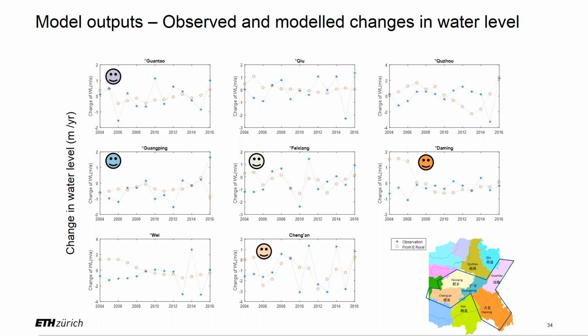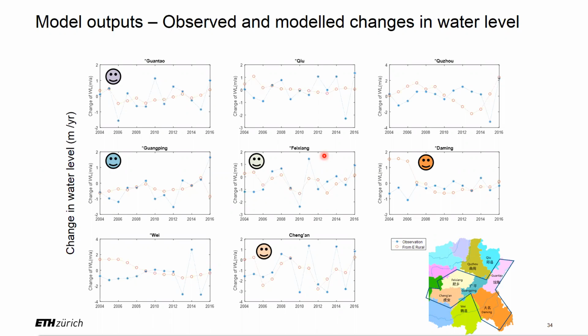The calculated change of water level in the 7 counties, together with Guantao County. This is the change of water level. You see the calculated red dots generally go with the observation. The trend is okay, but due to the